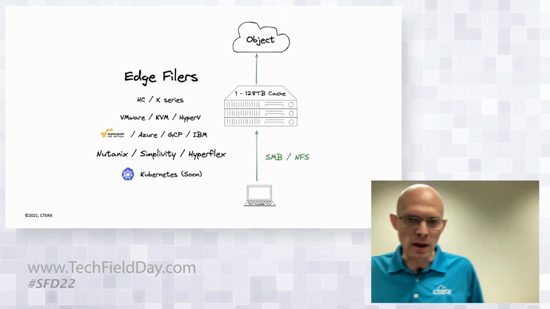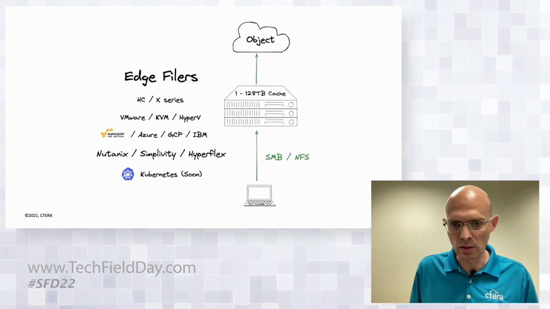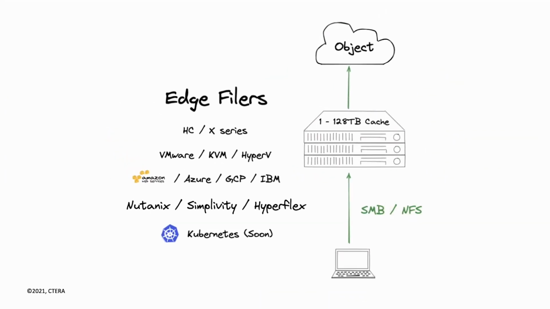Now let's talk a bit about the edge filers. As we mentioned earlier, an edge filer is a device that exposes SMB or NFS from one side. In our case, it's NFS3 or NFS4. And on the other side, the backend is an object storage. Now we support a very wide variety of edge filers, and they vary from one terabyte, the HC100 that I mentioned earlier is just 1 terabyte, up to 128 terabytes,